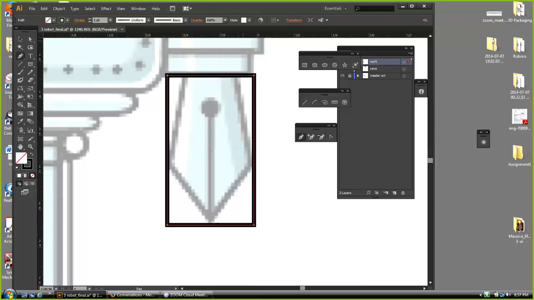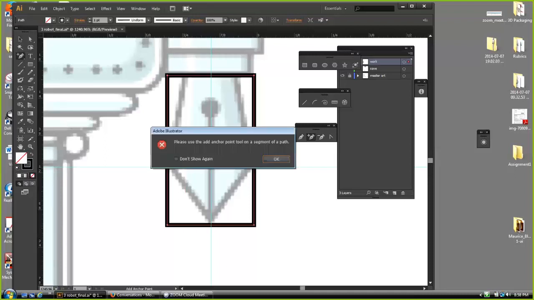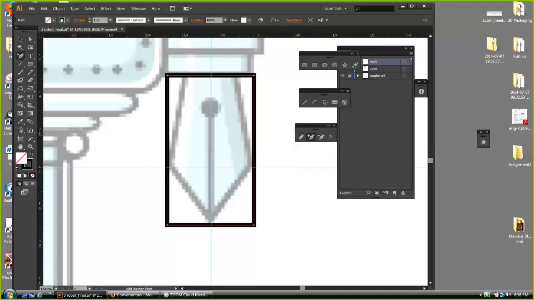So before I do anything, I'm going to come over and drag a couple of guidelines. The first guideline I'm going to drag to about there, because this is the point where I want to change the angle of this. I'm also going to come over here and drag a guide out to the middle so that I can kind of identify where the center of this is. Okay? So I'm going to put 2 guides out on this, and I'm just creating right now a regular rectangle. So what I'm going to do first is I'm going to select the Add Anchor Point tool. The Add Anchor Point tool does nothing more than add an anchor point to the line where,